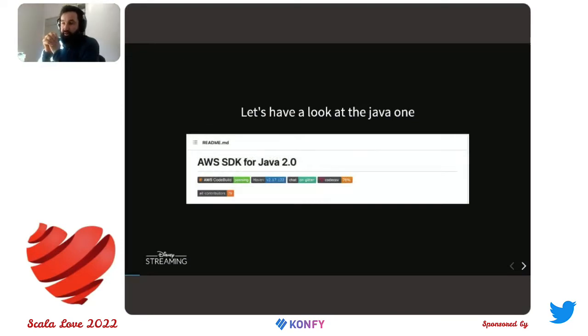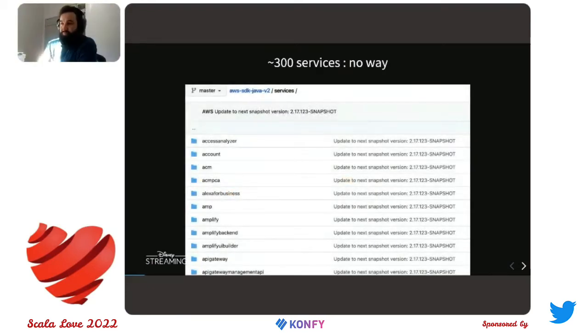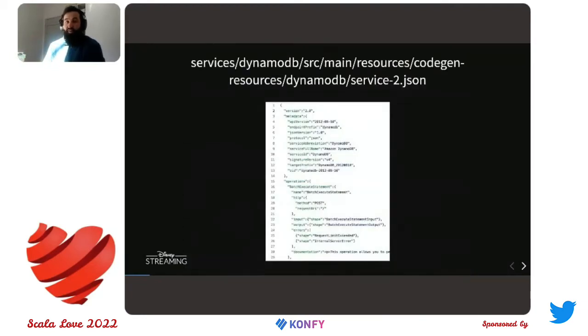So we started our hack by looking at the Java SDK, the sources, to see how it was built. And it turns out AWS supports more than 300 different services. It exposes more than 300 APIs, and each of those APIs has tens, if not hundreds, of methods. There was simply no way that this code was handcrafted. It would just require a very high level of self-discipline to give a consistent user experience to the developers across that many services. So we figured it was code generated, and we dove a little bit further into the Java